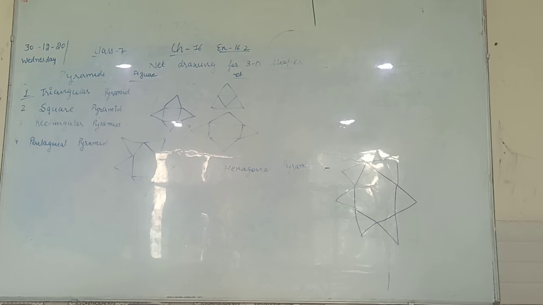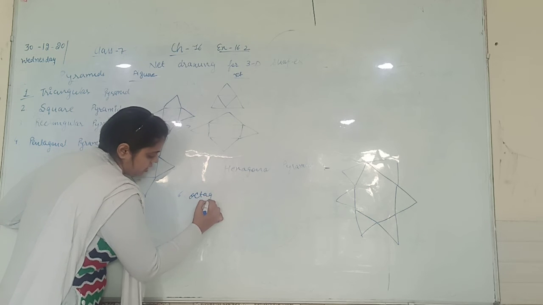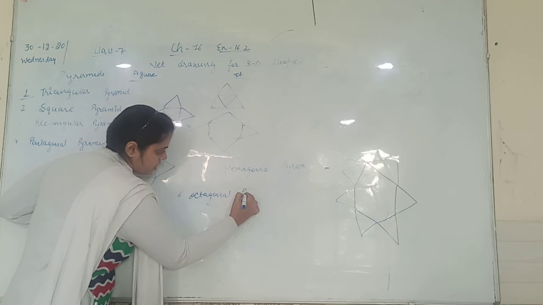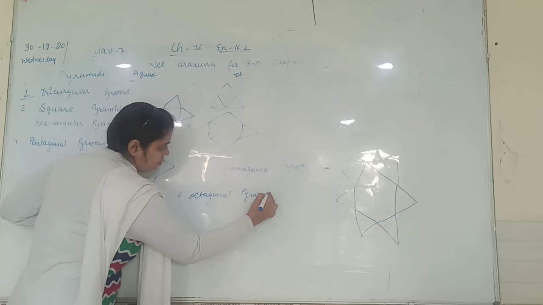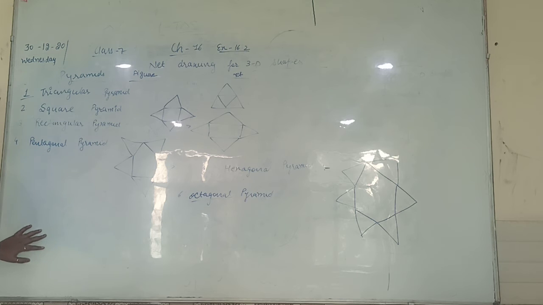that sixth one is octagonal pyramid, and I will tell you, you will draw yourself. Sixth one net you will draw yourself, that is octagonal pyramid. And for that, best is firstly see the name, octagonal. Octagonal means any figure which has 8 sides. So firstly you will draw the figure which has 8 sides and then draw the triangle on every side. Right? So pyramid's shape is very easy.